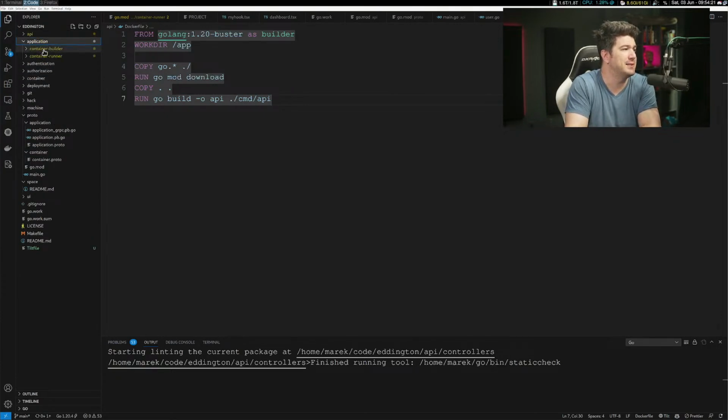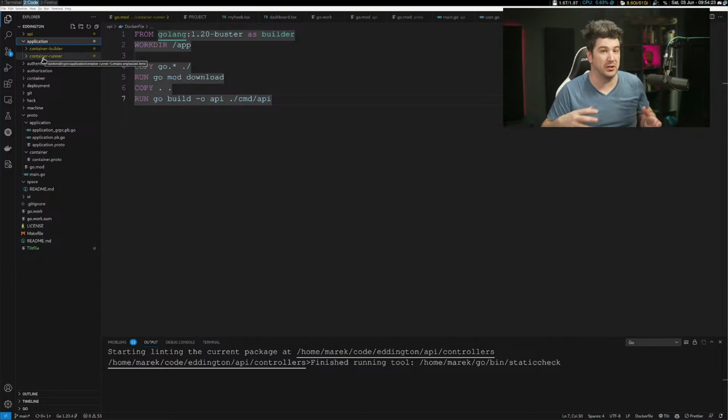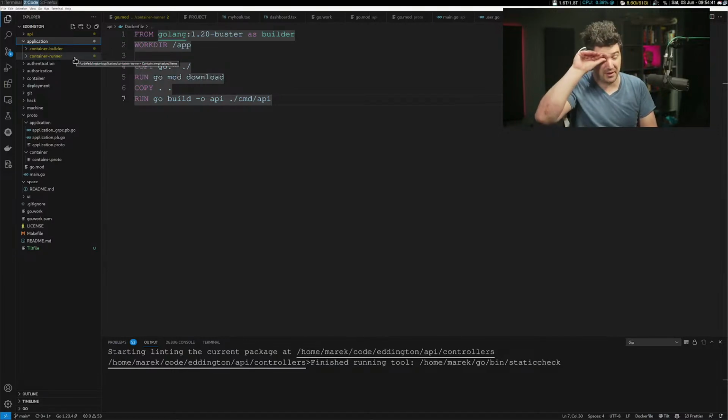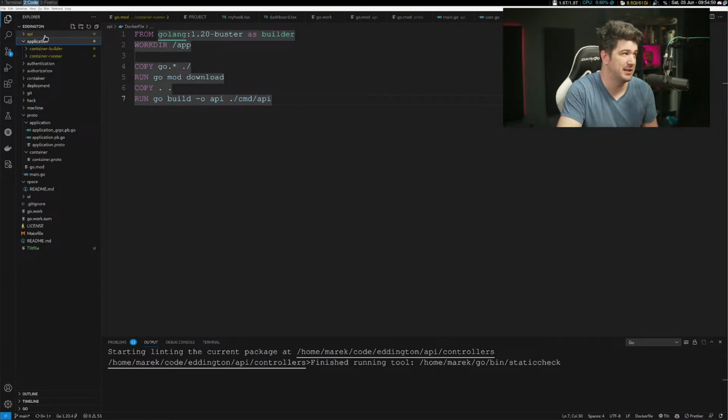But this right here, the container runner, is a Kubernetes operator, which means it can't really run outside of Kubernetes, which means it can't run in Docker Compose very well because it relies on Kubernetes. To do a Docker Compose, we'd basically just have to have a mock container runner that everything could talk to, and that would work fine. But until we have a mock container runner, the easiest way to do this is to have this Tilt file,